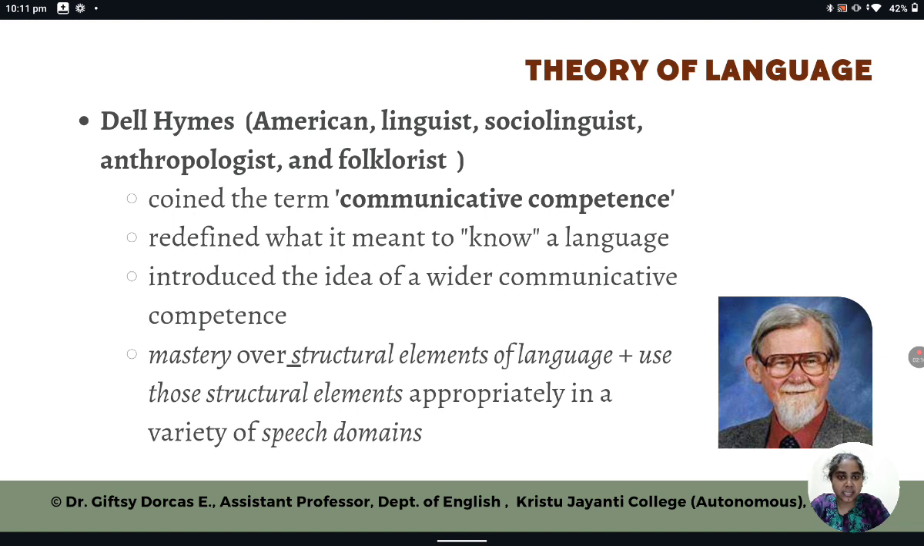He was an American linguist, a sociolinguist, anthropologist, and folklorist, and he coined the term communicative competence. According to him, he redefined what is meant to know a language, meaning that to know the language, it is not just knowing the structure but also making use of it in a real life situation. So he introduced the idea of wider communicative competence. It's not just mastery of structural elements, but also how you use those structures in real life situations, which